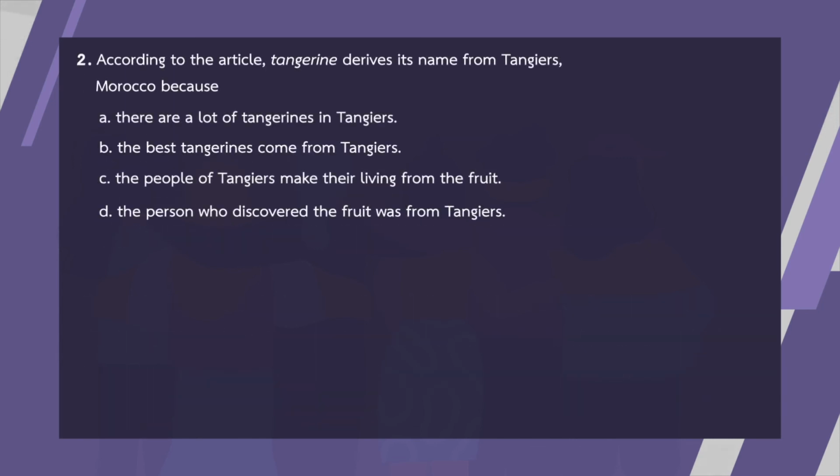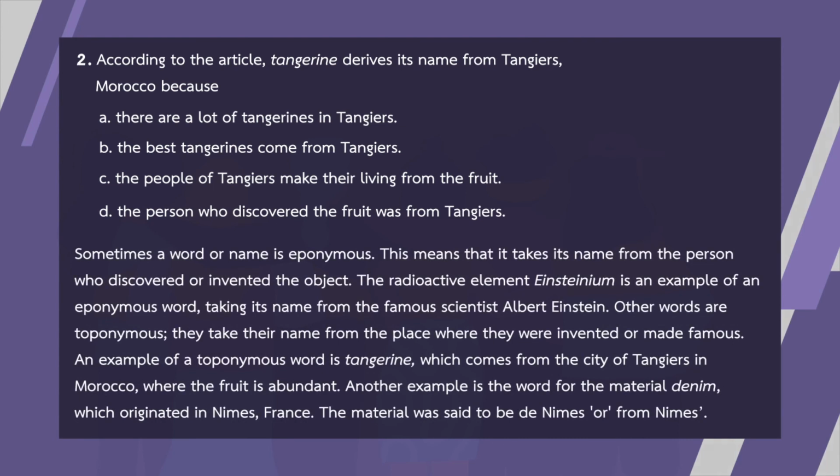Number 2, according to the article, tangerine derives its name from Tangiers, Morocco, because ก็ไปหาคำว่า tangerine ใช่ไหมแล้วก็ไปหา Tangiers หา Morocco ว่ามันอยู่ตรงไหนคำตอบก็คือมันอยู่ใน paragraph นี้ค่ะทีนี้ลองดูซิมันอยู่ตรงไหนคะ นี่เลย An example of a toponymous word is tangerine, which comes from the city Tangiers in Morocco, where the fruit is abundant. เพราะฉะนั้นคำตอบตรงนี้ก็คือข้อ A ค่ะ There are a lot of tangerines in Tangiers นี่นะคะเห็นไหมมันมีคำว่า abundant อยู่นะคะ